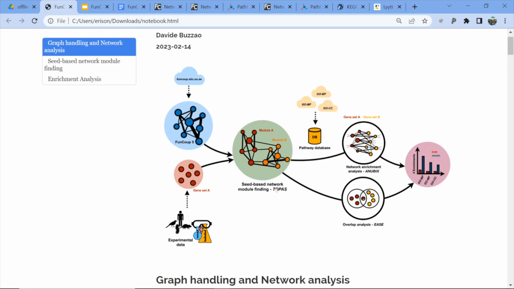It's a tool that we can use for detecting network models. So you can download the FunCoup network, and input your genes together with the network into the TOPAS method, and you can retrieve the network model for the set of genes. And then once we have the model,